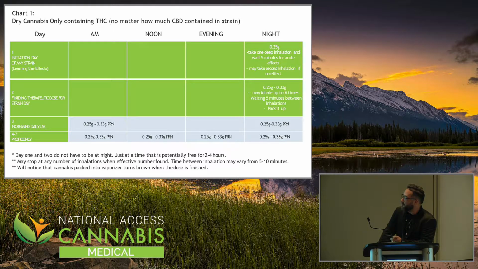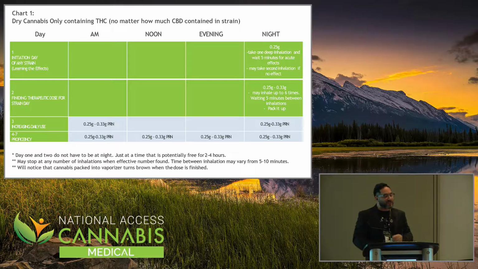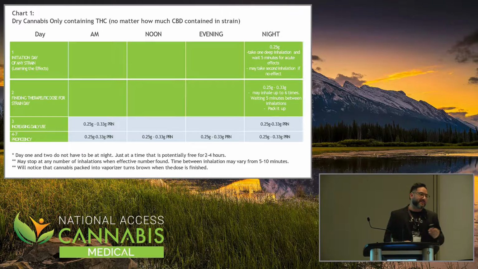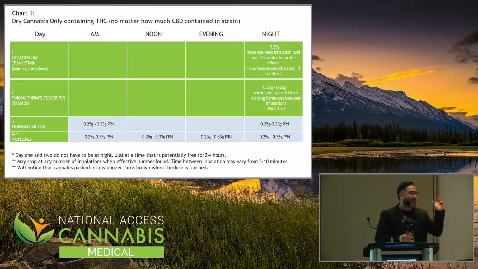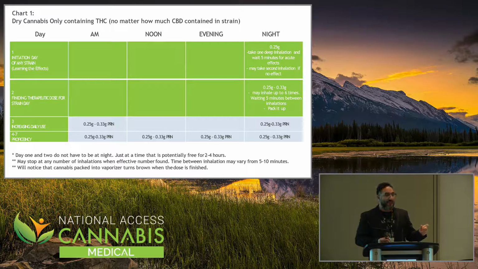So you could put 0.25 to 0.33. Again, it doesn't really matter. Whatever it fills up to, if you're using a 20% THC, it would make sense because then one filling up of that vaporizer with 0.2 or 0.3, whatever it fills up to, is one therapeutic episode of using cannabis. The question is, how many inhalations is it going to take for that therapeutic use to get in? If you're using a vaporizer, you're looking at about 6 to 8 inhalations.